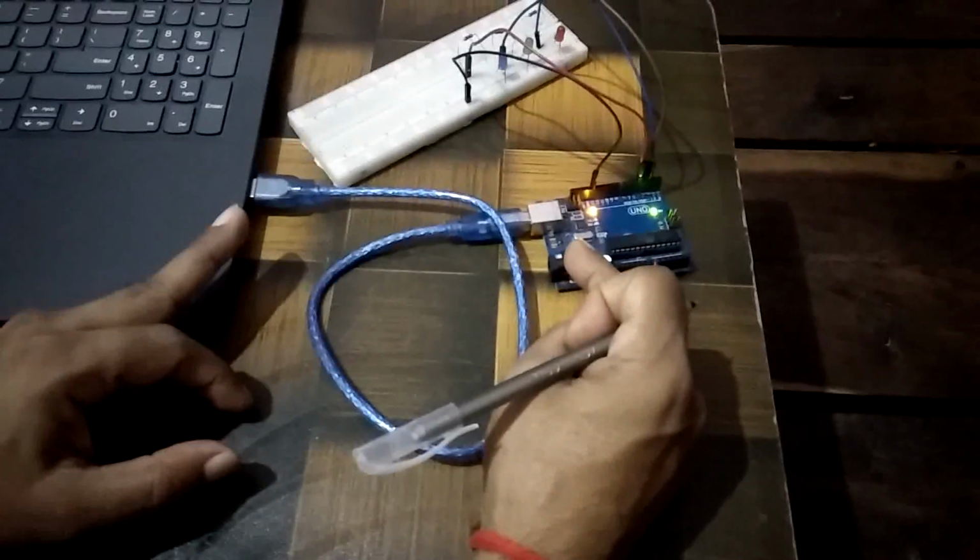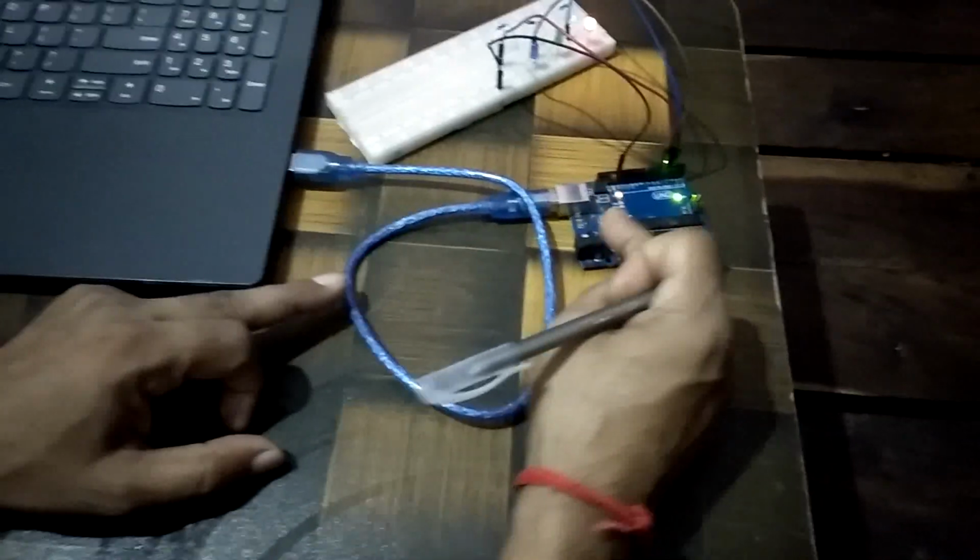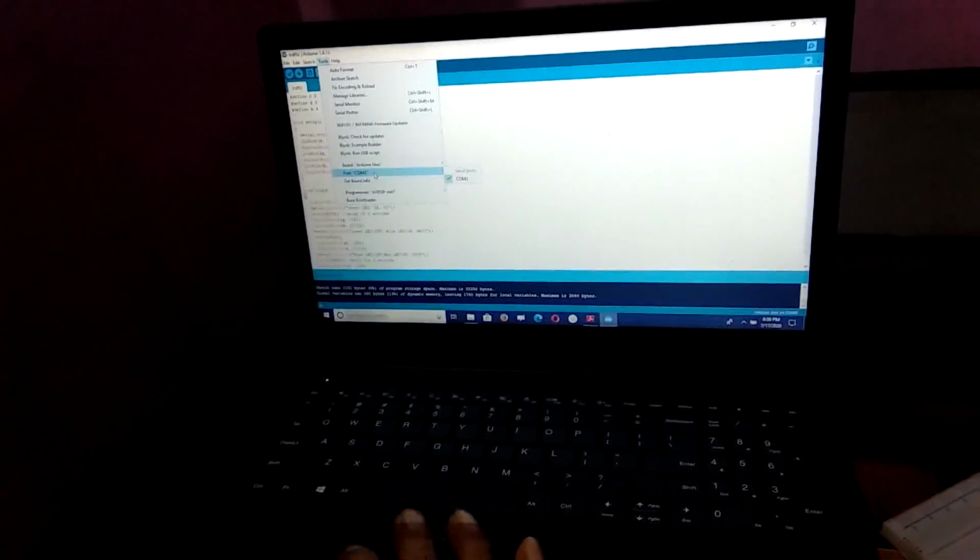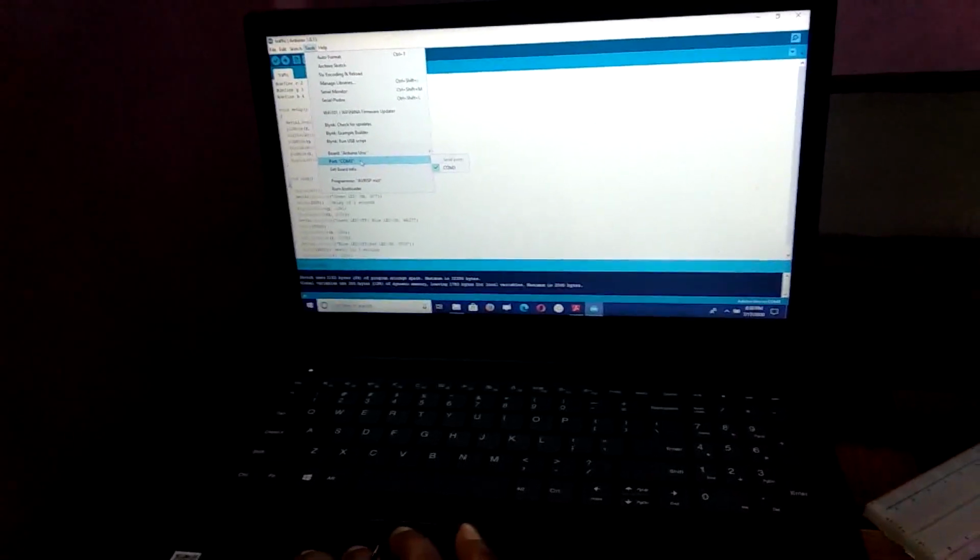This is the first part, and second part, check the port. To check the port, again I click on tools, and then move to the port. Before showing this, I attach this port with our laptop. The Arduino board LED blinks when I connect our Arduino UNO USB cable with our laptop. It will show blinking. After attaching that, I check the COM port. Port COM3 is selected, so the serial port is COM3. If we check these two, then we upload the program.